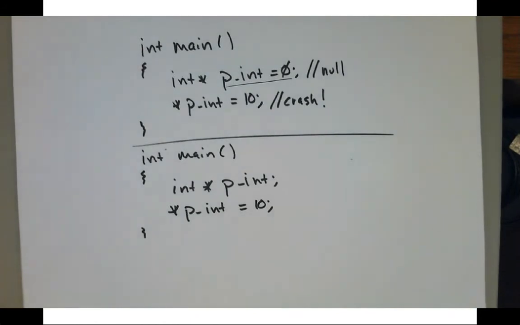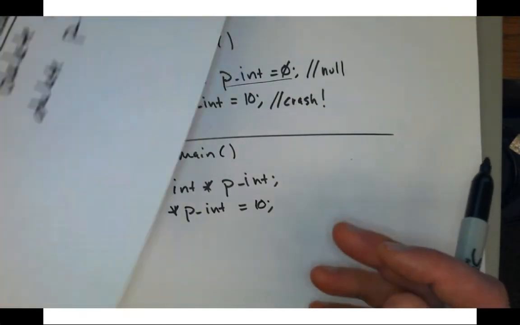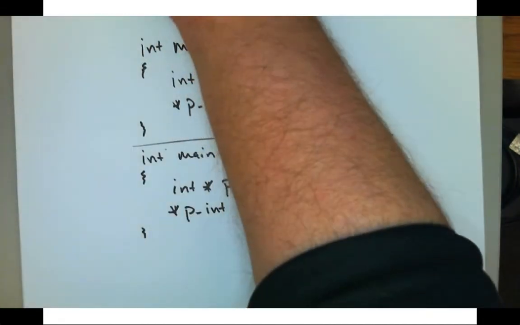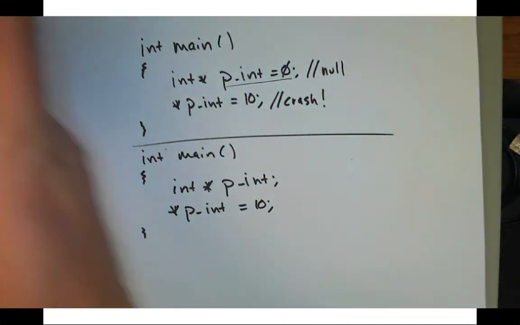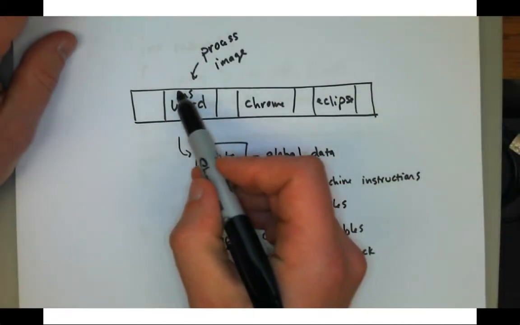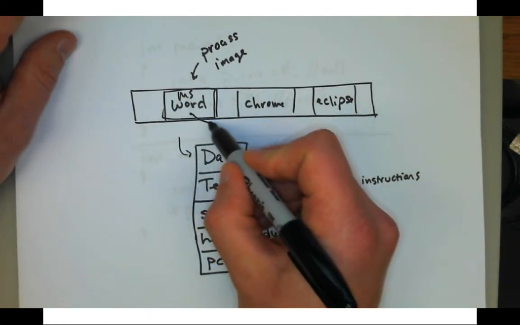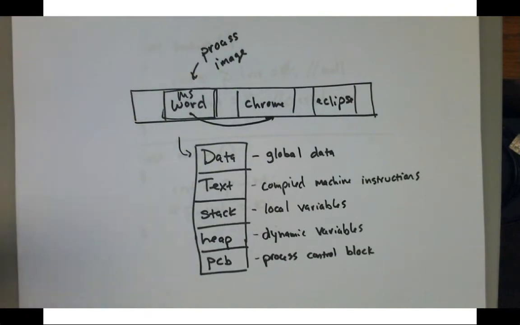Okay, so pint has an uninitialized garbage value, and the value is probably outside the range of the process image. Right, so remember these process images, they're all in memory here. If we have some pointer that refers to some other process image,